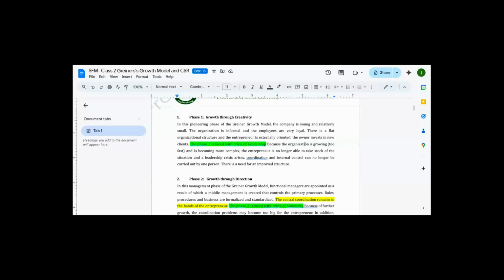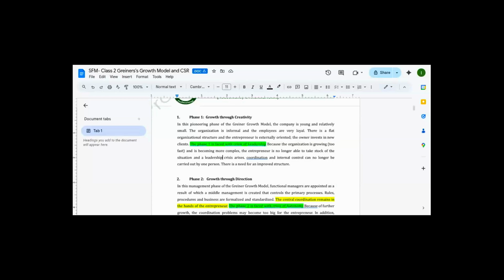That is for companies that are growing too fast. Because at times I've told you, some companies are experiencing static growth or fluctuating growth. So if this organization grows too fast, it will become more complex. That complexity will make it so that the entrepreneur is no longer able to take stock of the situation, and a